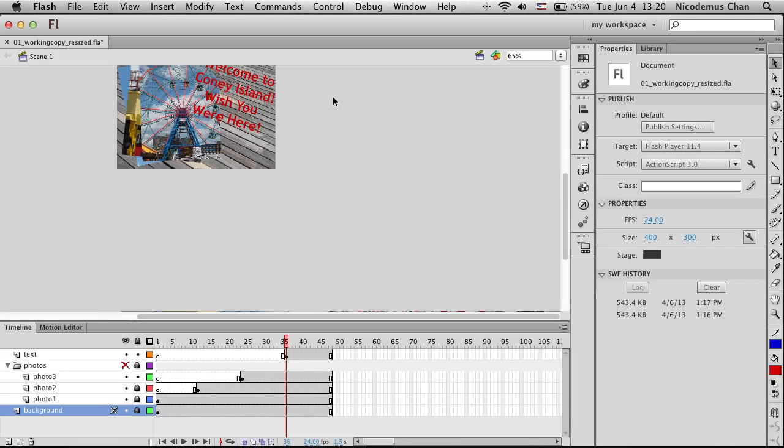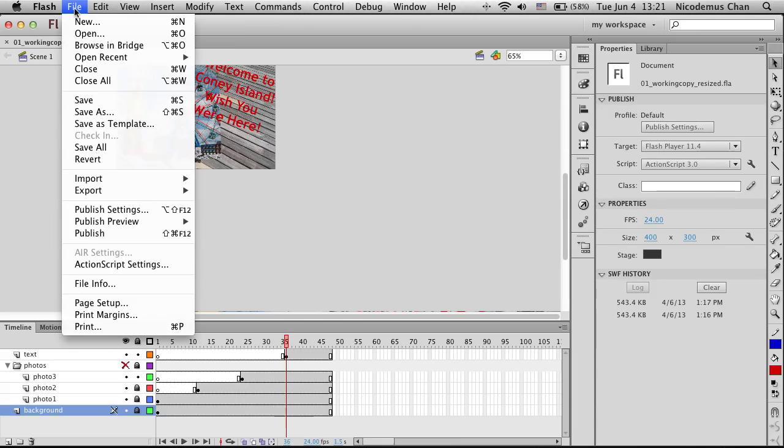Now the auto recovery works a little differently from the autosave. The auto recovery is a preference that sets the Flash application for all documents, while the autosave feature is specific to each document. The auto recovery feature saves a backup file, so that in case of a crash, you have an alternate file to return to. So you can come over here,